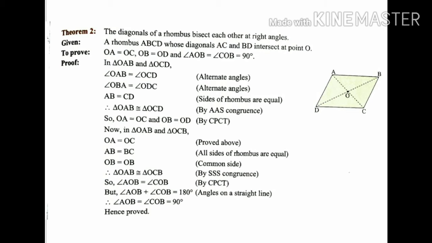But if you look at these angles AOB and COB, they show a straight line, linear pair angles. So this is 180 degrees, as we already found above, the diagonals bisect each other at the center. That means the angles are equal. If AOB and COB are equal to 90 degrees each, that means if you add, that is 180 degrees. So from here we can easily find that AOB is equal to COB is equal to 90 degrees, because diagonals bisect. Bisect means divide at the center into two equal parts.